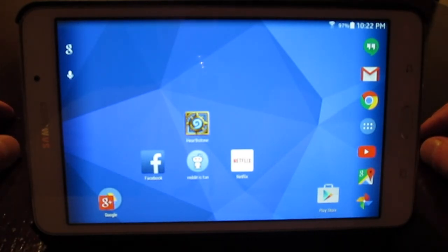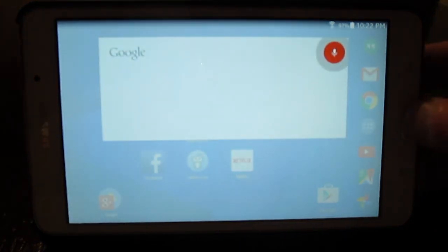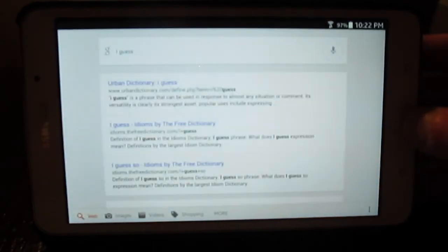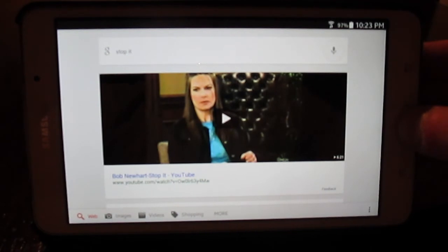They did make the 2012 model of the Google Nexus tablet. I guess this tablet keeps on thinking I'm saying Google now, or okay Google. Okay Google, stop it. Anyway,